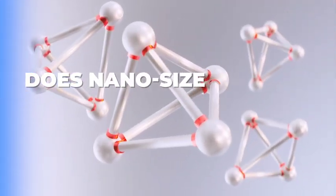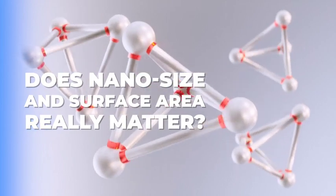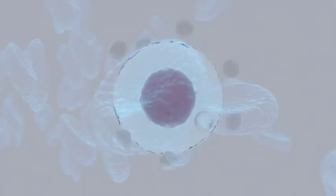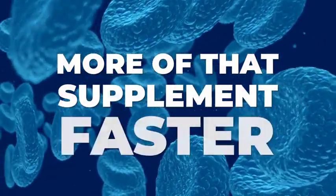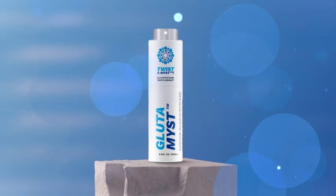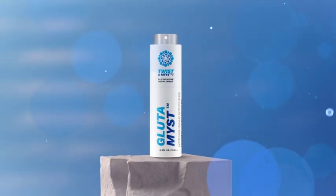Does nano size and surface area really matter? Absolutely! The surface area is important because all cell processes in the cell occur at the surface of the particle. The more particles there are, with greater surface area, translates into the cell receiving more of that supplement faster while using less energy. To dramatize the point, if we started with 100 particles equal to the size of the GlutaMyst